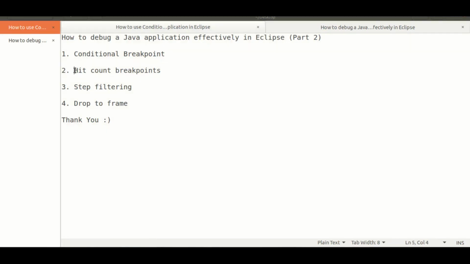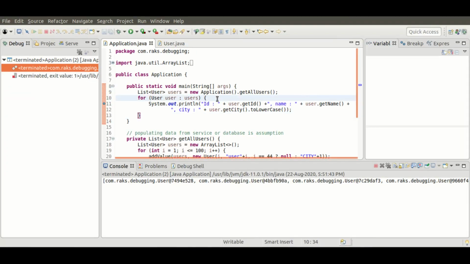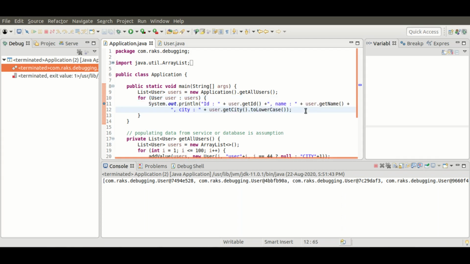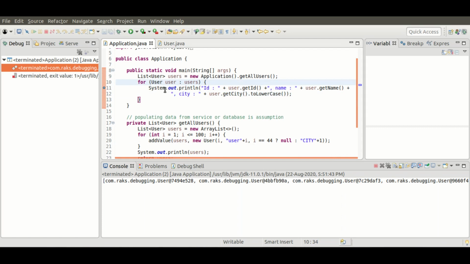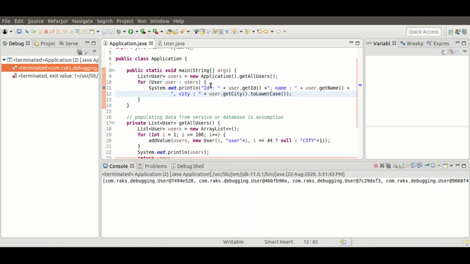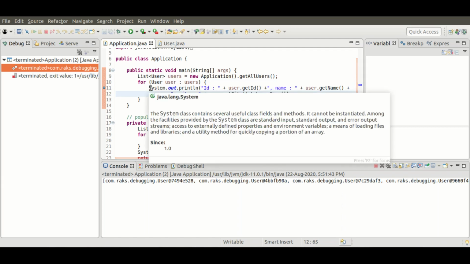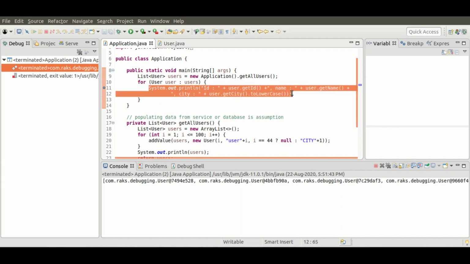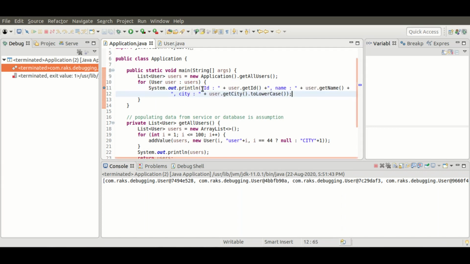Next topic is hit count breakpoints. Whenever you want to stop execution of the program if the number of hits of a statement is matched. Suppose we want to stop the execution of this program, and